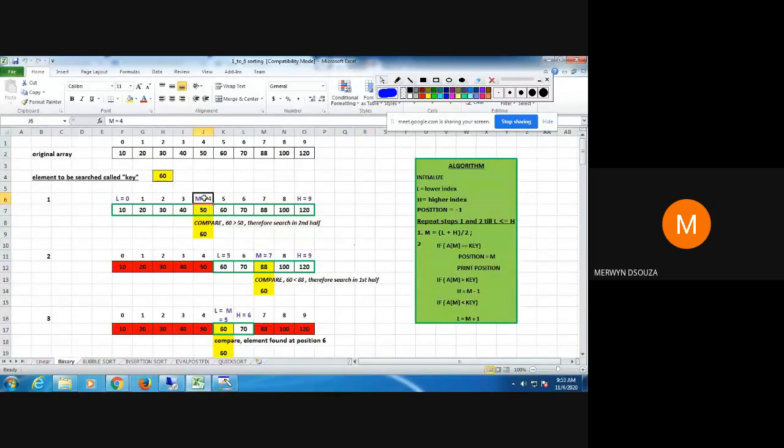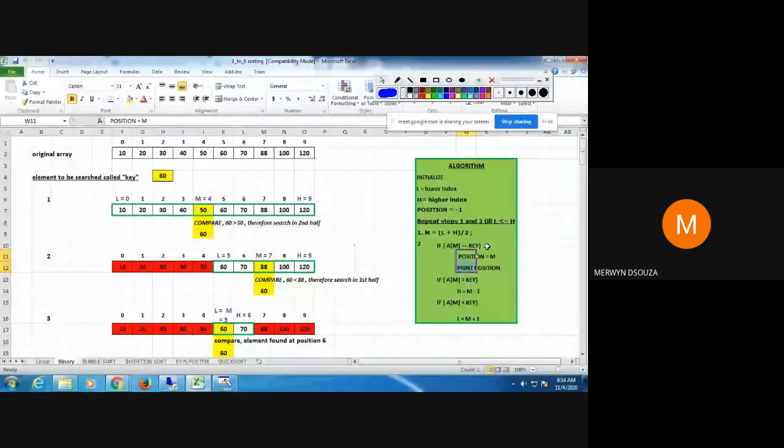When I get this value of M, then I apply the second step. In the second step, there are 3 if statements. Remember, normally we would have assumed that when there's an if statement like this, only one statement is included in it. But here, both the statements are included under this if. Please note, you can put the braces if you want. So you can just put the braces here. Both the statements are included under this if.